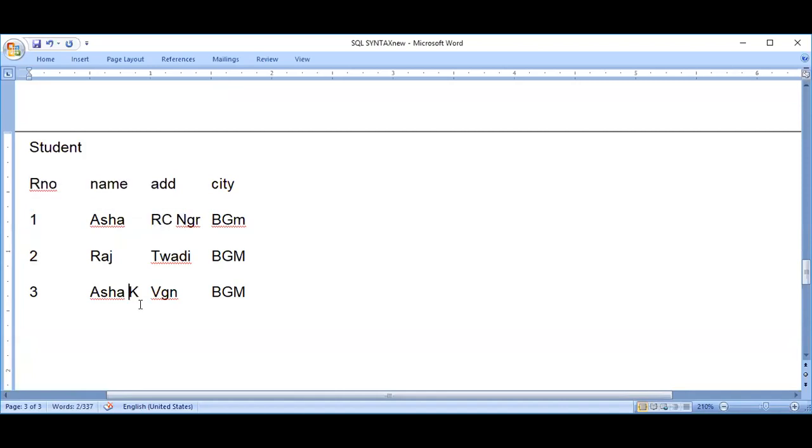If I simply ask where does Asha stay, will I be able to tell? Suppose both names are Asha. No, because there will be a confusion. Why? In this case, I can say roll number is a field which functionally determines other values. I can't say name is a field which can functionally determine other fields. That means always remember roll number.